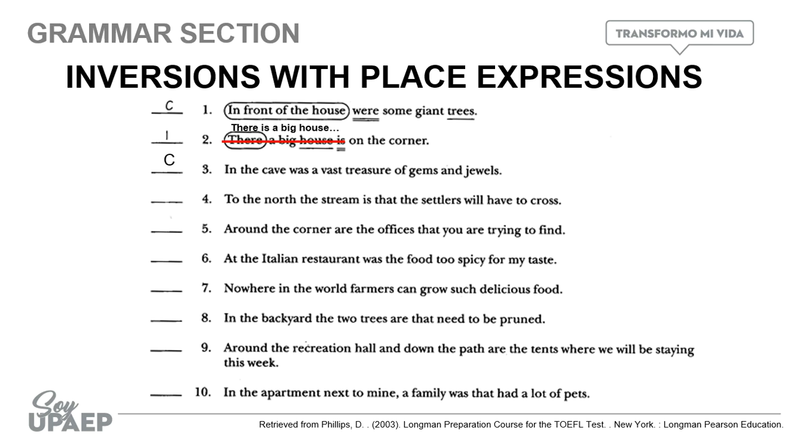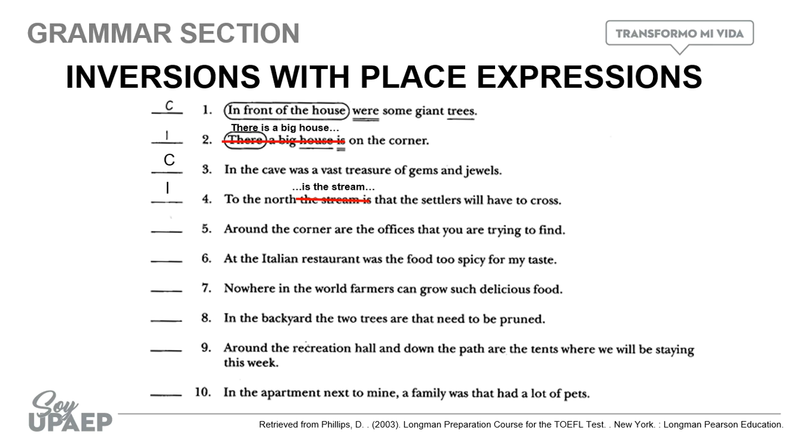Number 4, to the north, the stream is that the settlers will have to cross. This sentence is incorrect. Why? Because it starts with a prepositional phrase, right? So you need an inversion. It should be, to the north is the stream, is verb, the stream subject, that the settlers will have to